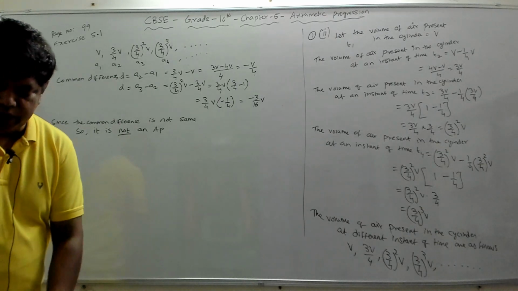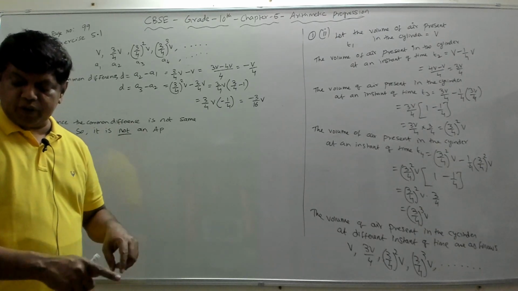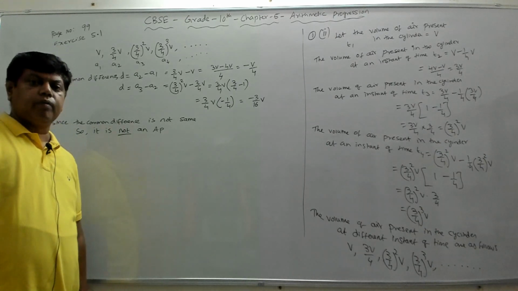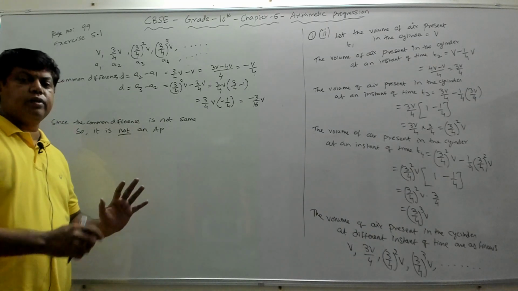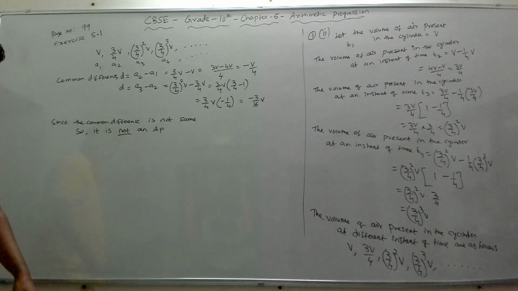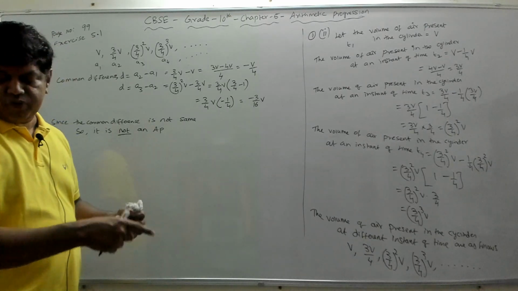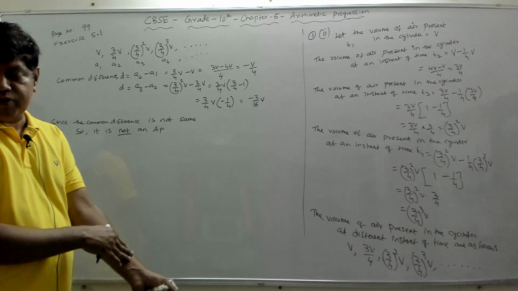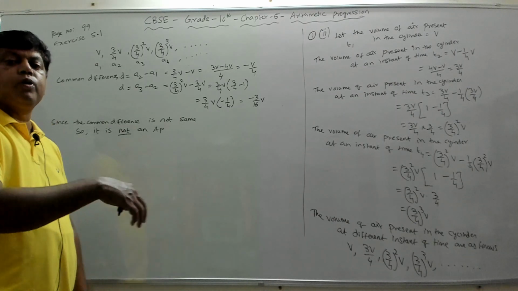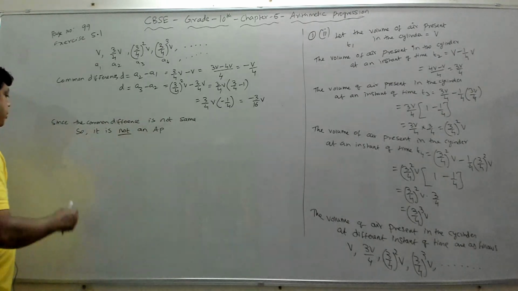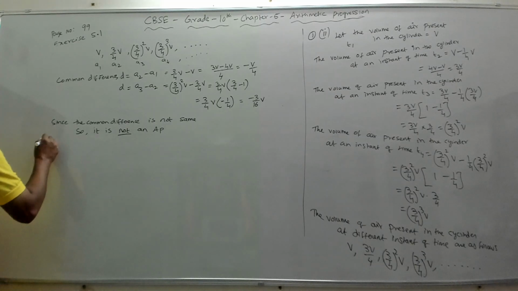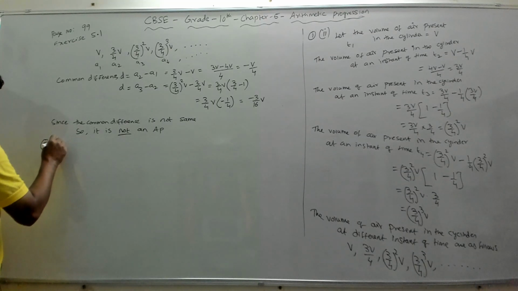So we have to see whether the cost of digging the well after every meter of digging forms an AP, right? So it is similar to the first subdivision where the taxi fare was 15 rupees for the first kilometer, and then it was 8 rupees for every additional kilometer, right? The same way. So first problem, third subdivision, right?